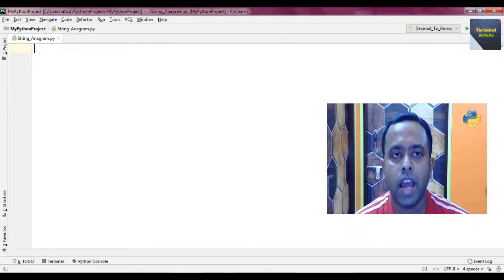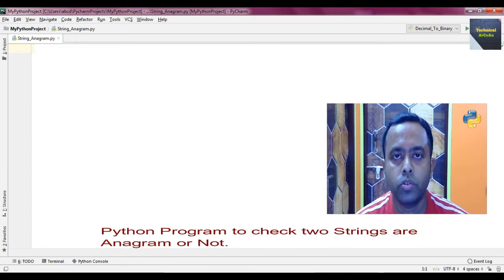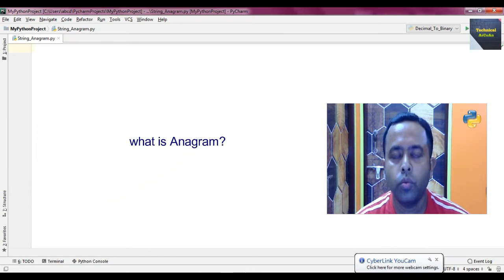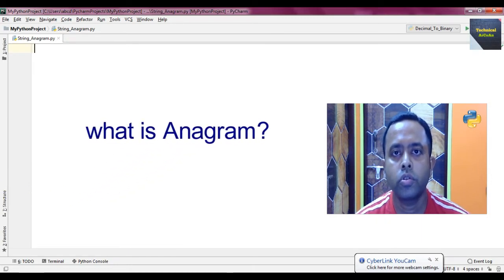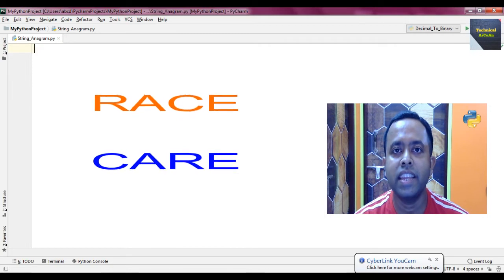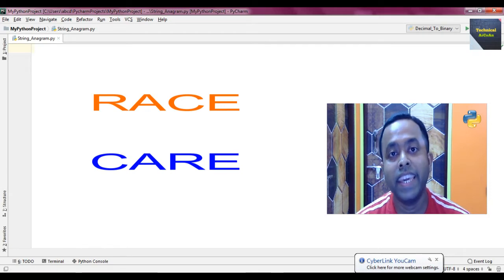Hello friends, I am in the PyCharm IDE, and today's problem is that in Python we write code for taking two strings as input and finding out whether these strings are anagram or not. What is anagram? Suppose we can form a string by arranging the characters of another string. For example, race. It contains R-A-C-E. Now, if we arrange these characters and form care, C-A-R-E, these two words or strings are known as